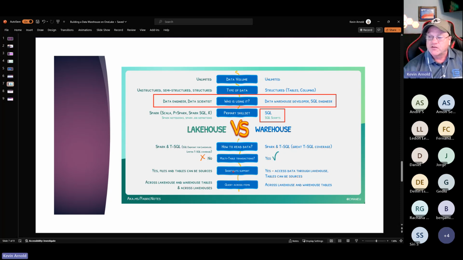So shortcuts, remember shortcuts I showed on another slide? That's shortcutting out to Google or to AWS or even other Fabric instances somewhere if you've got permissions. So Lakehouses support shortcuts natively. They say here that for the warehouse, it's yes, access through the Lakehouse.